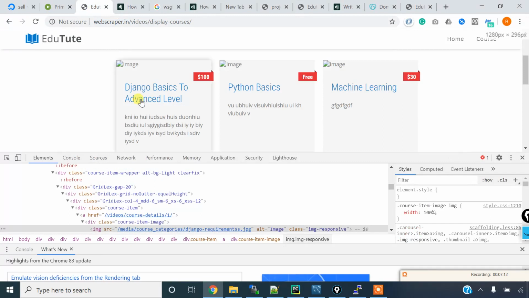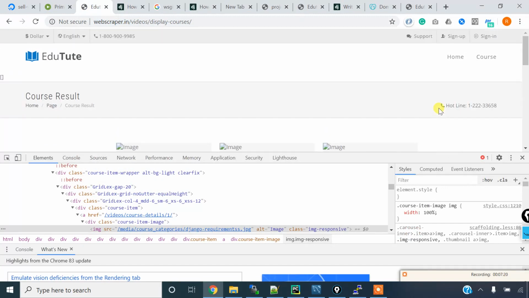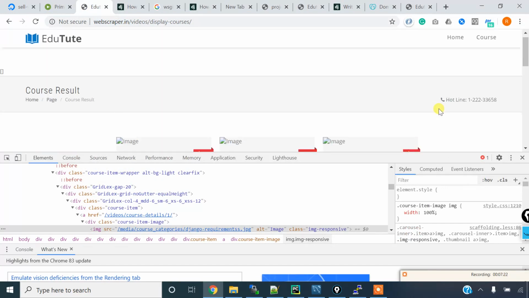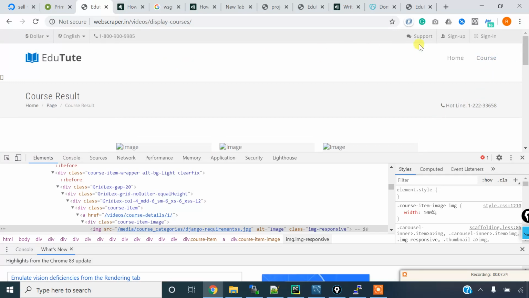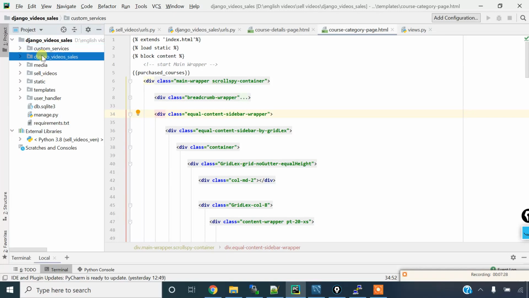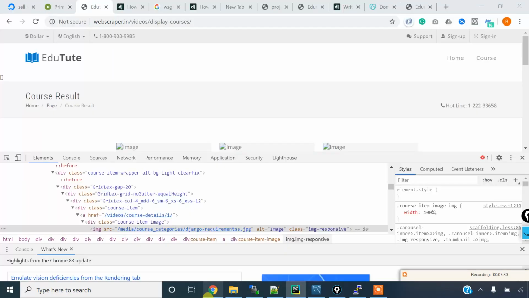That's it, friends. No problem. In the next video I will explain how to fix this issue. Once this issue is fixed, then our project is completely done. In future if you want to add anything you can add. You know how we did applications here, so do the same. Okay friends, thank you very much.